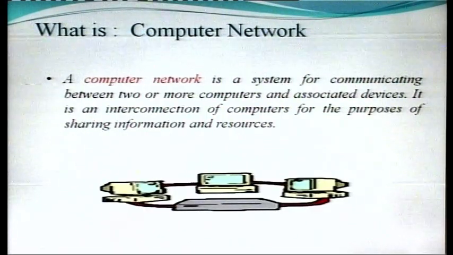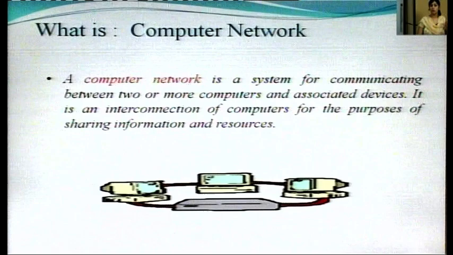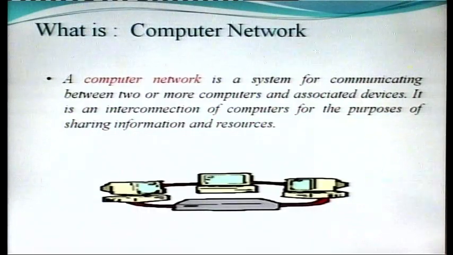A computer network is a system for communicating between two or more computers. Whenever we connect two or more computers with each other, we are communicating with these computers. We can access data from one computer to another computer. Whenever we attach more than one computer with each other for the purpose of communication, this is a computer network. I repeat, a computer network is a system for communicating between two or more computers and